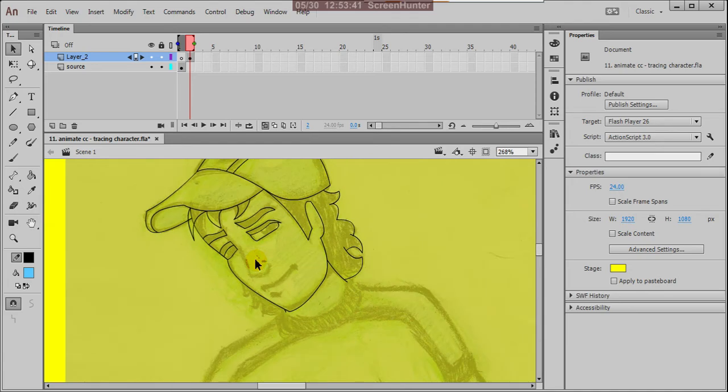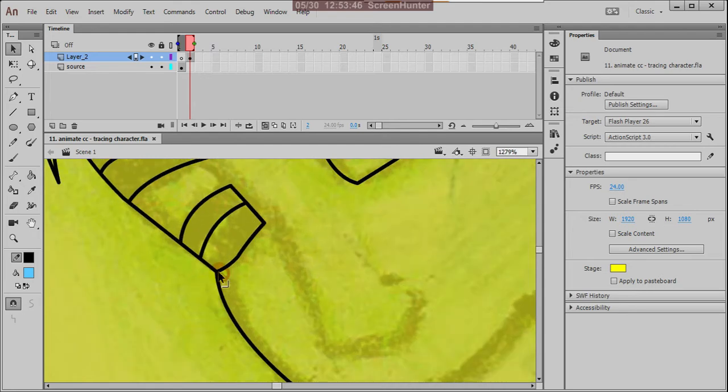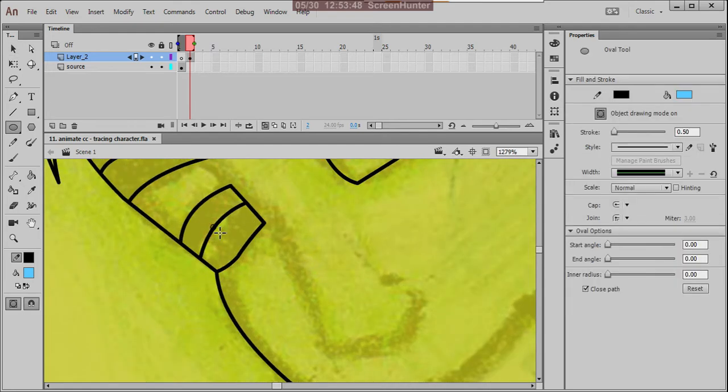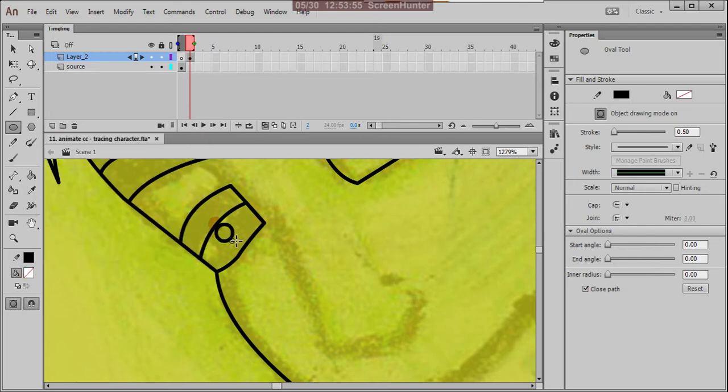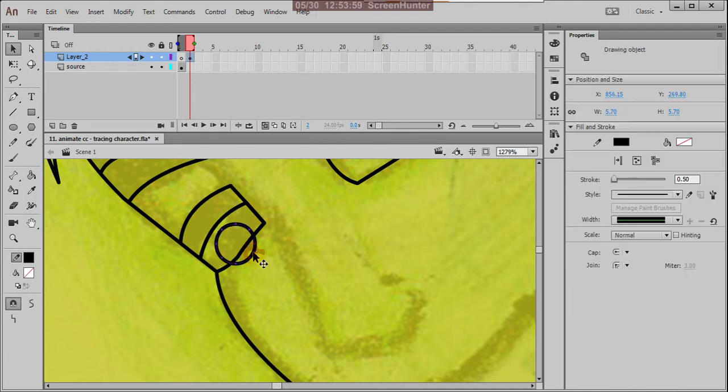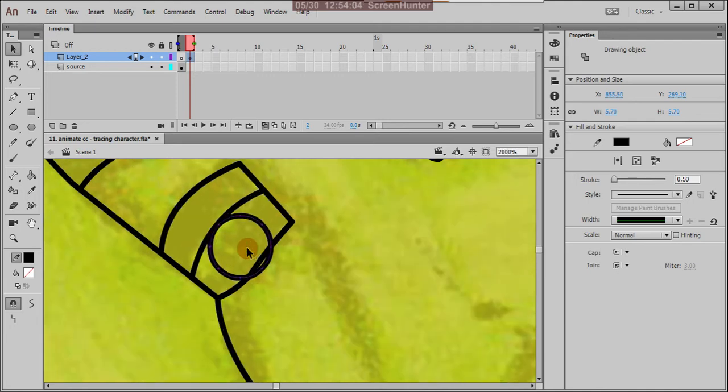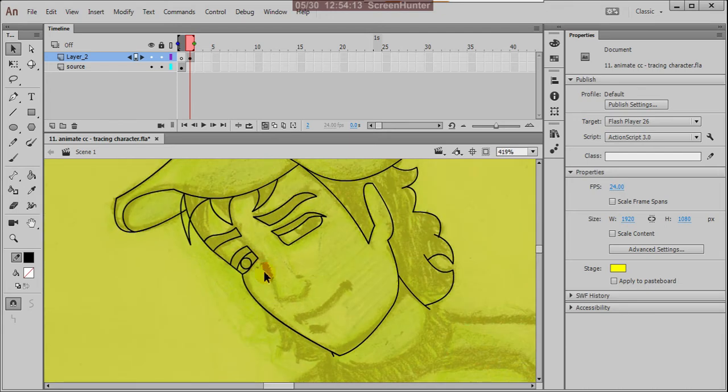Yes, Control S. I don't want this fill for the time being. Can keep this, make it smaller.